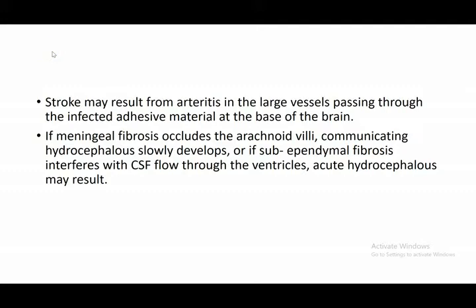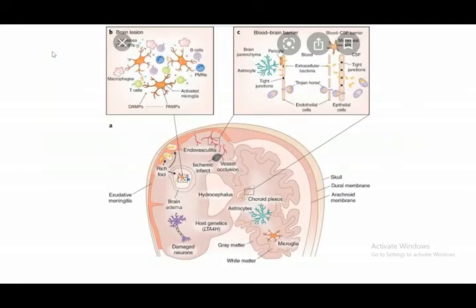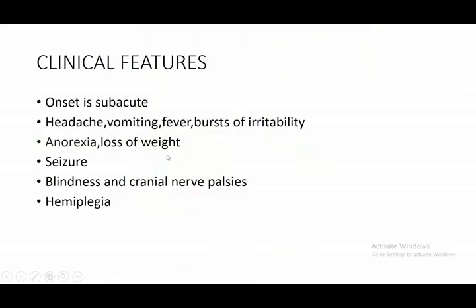But sometimes, when there is CSF flow obstruction between the ventricles, you may have acute or non-communicating hydrocephalus that requires surgical intervention. And this is just to show you how TB brain infection damages the brain parenchyma. My cursor is not working here. You can see vasculitis associated with TB that results in ischemic infarctions. You may see hydrocephalus development due to CSF outflow obstruction. You may see exudative meningitis, inflammation of the meninges.